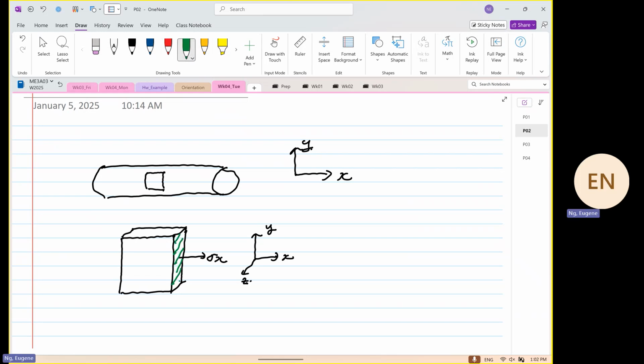And this surface is your what? Is your YZ plane. And your YZ plane is what? Out-of-plane. If we were to induce a stress on